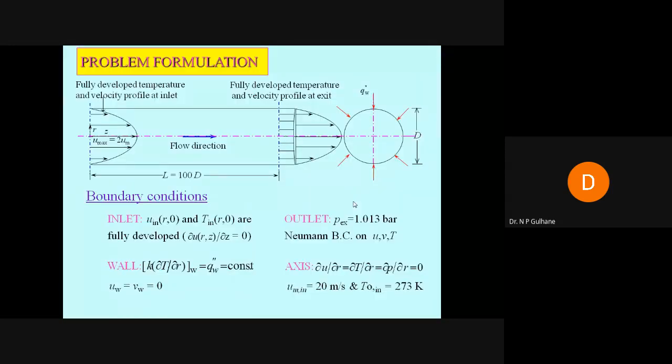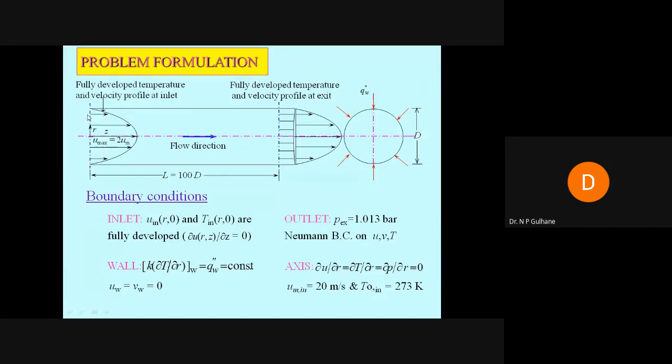So now, to study this and see how it applies to different types of engineering applications, we have formulated the problem. How do we formulate the problem and go for the research based on the earlier study of Nusselt number, friction factor, and pressure drop? How do we design this problem? Simply, we consider one tube through which the flow takes place, and initially the flow is fully developed.